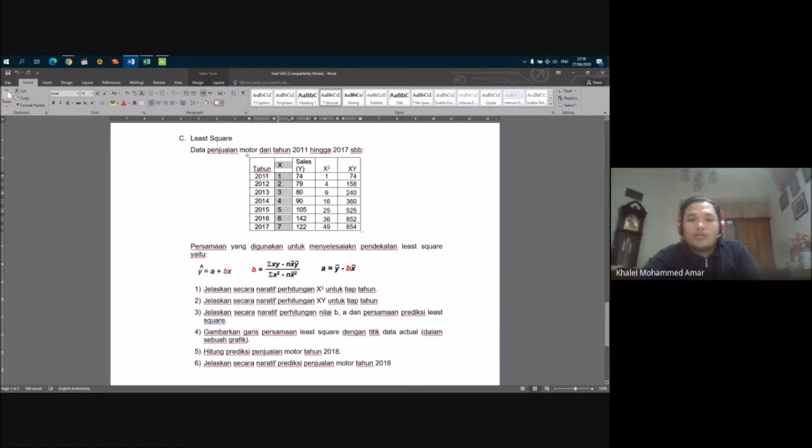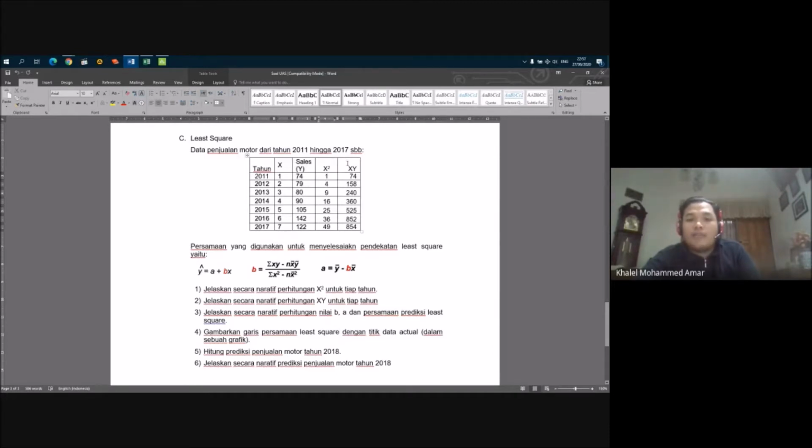X1 is for 2011, x2 is 2012, x3 for 2013, x4 is 2014. And this is the data of sales, and the x square is actually the square of this x. So 1 times 1 is 1, 2 square is 4, 3 square is 9.